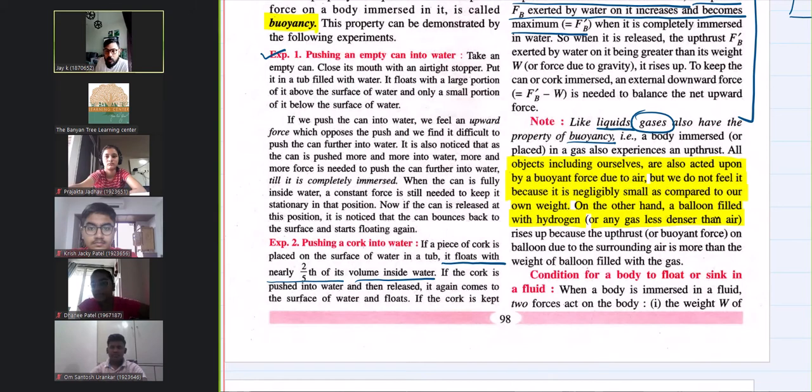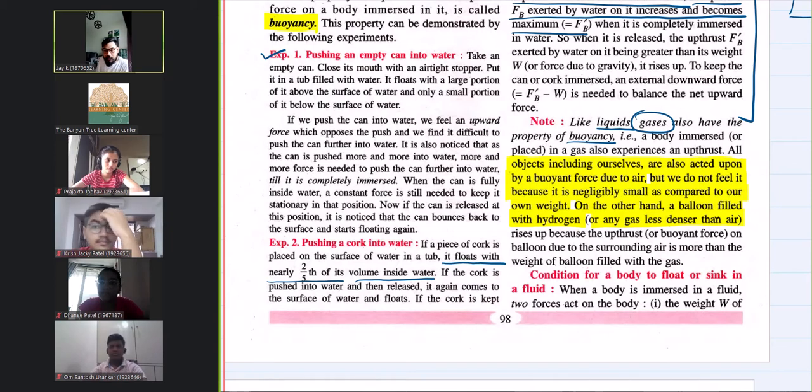Why does it go up? Because air is heavier than helium. So air is exerting upthrust on the helium balloon and driving it to the ceiling. If there is no ceiling, it will go to the sky, and it will keep on rising until one point comes where the density of helium and density of air becomes equal. Then the balloon will stop, and due to low atmospheric pressure, it will burst.